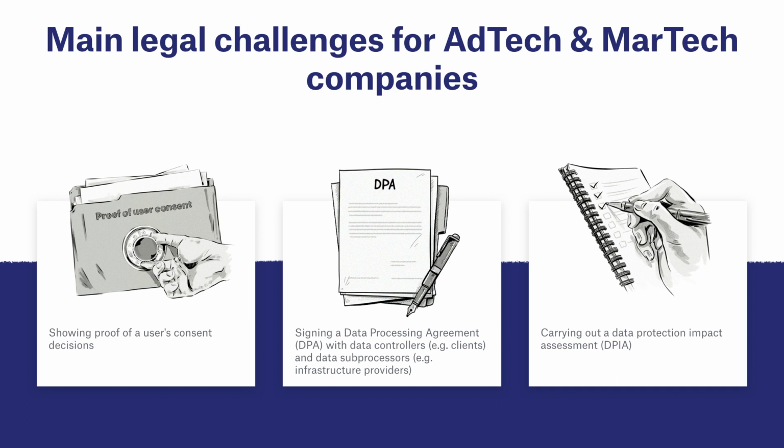Now, another legal challenge is carrying out a Data Protection Impact Assessment, or DPIA. So a DPIA is a process that helps companies identify and minimize the data protection risks of a given project. For example, when building new features that can collect personal data, you should conduct the DPIA to identify the risk associated with that, for example, any kind of potential data leakage, and also look to implement additional measures to mitigate those risks.